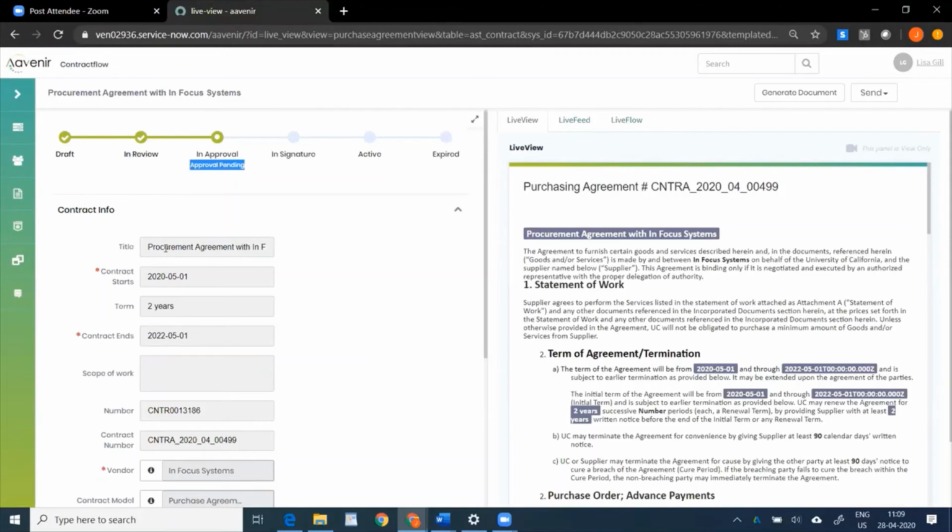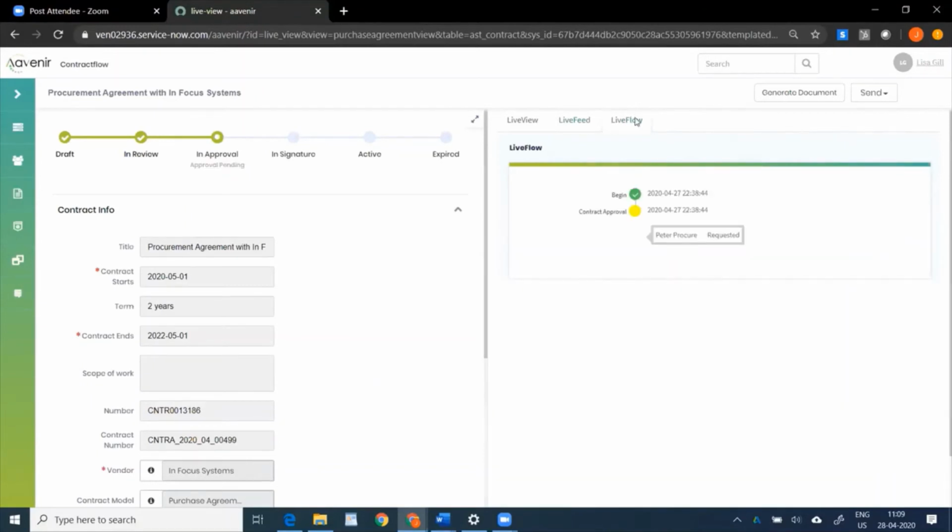Now, in very complex approval processes, Lisa wants to know where her contract is stuck, and she wants to get visibility into that. So we have created a small little user interface here for Lisa to understand where the process is right now. So she can see, okay, the contract was sent for approval at this time, and it is with a person called Peter Procure for approval.